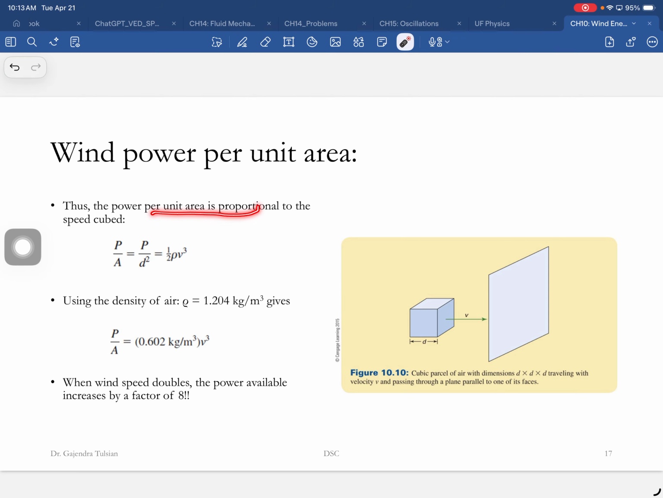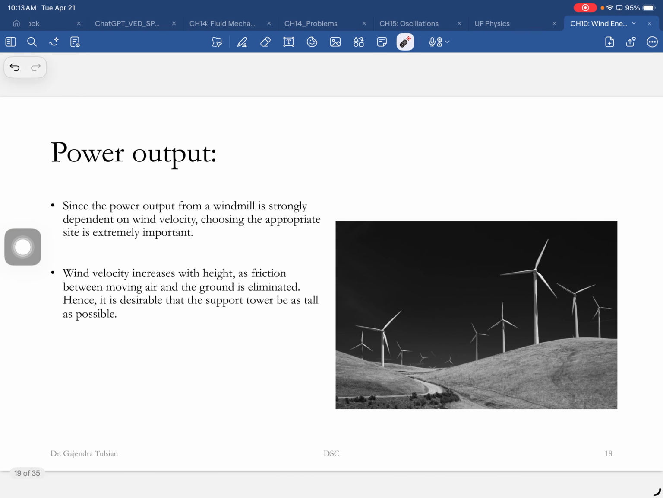The power per unit area is proportional to the speed cubed. When wind speed doubles, the power available increases by a factor of 8. So when you're putting wind farms,